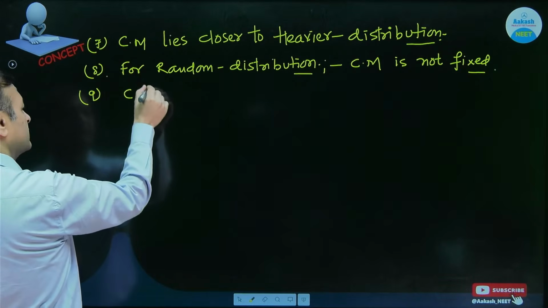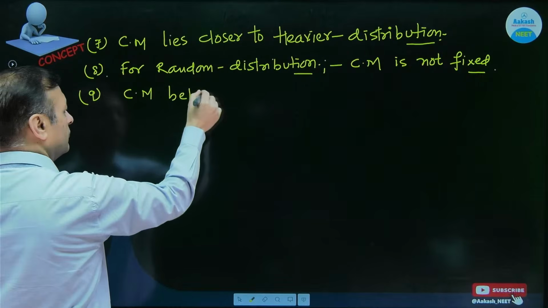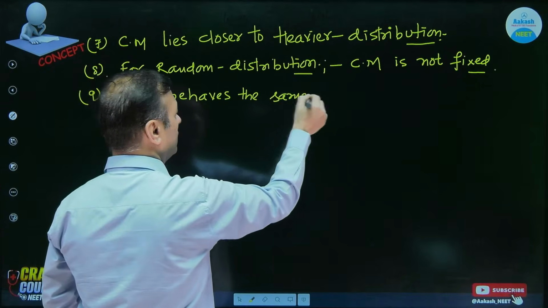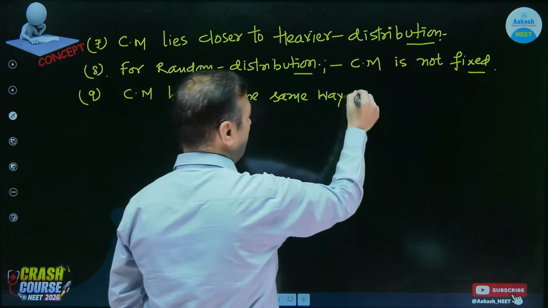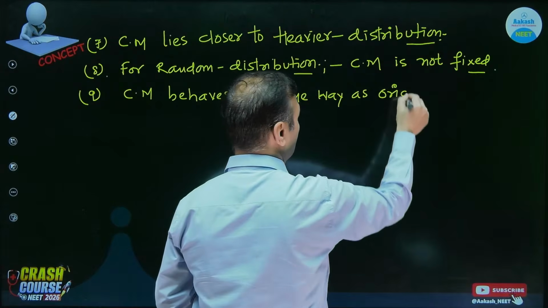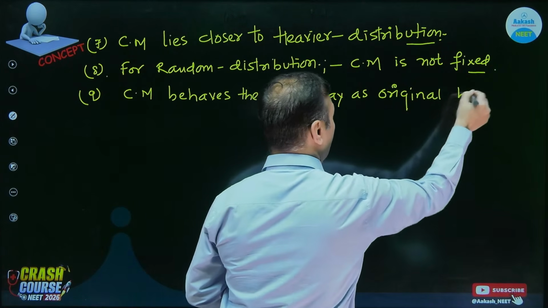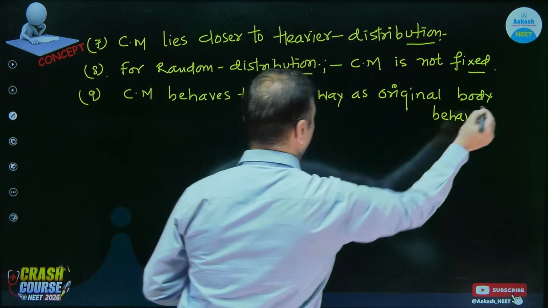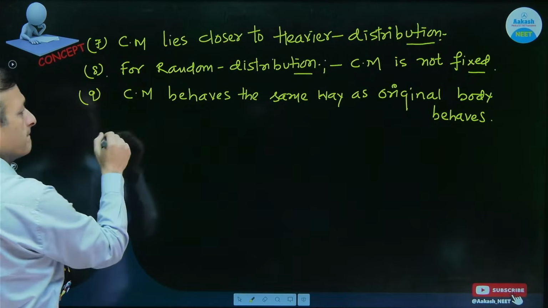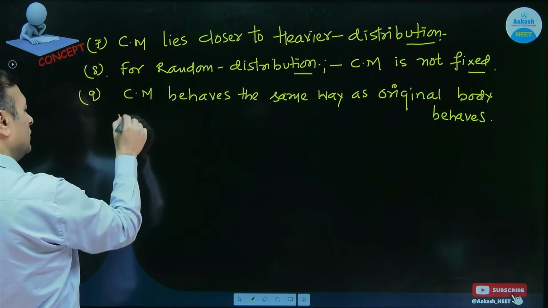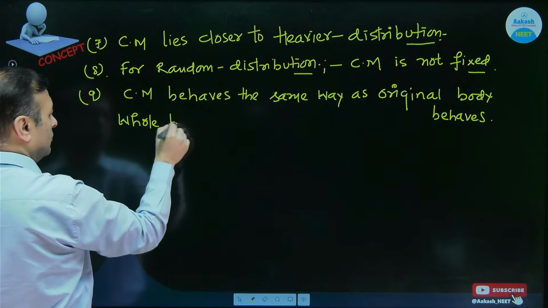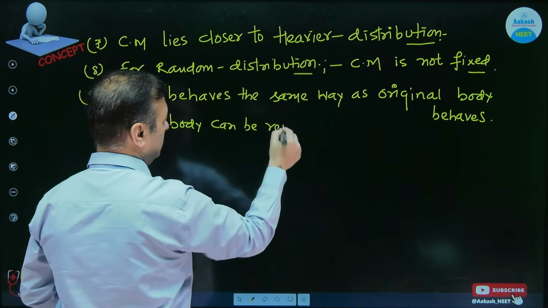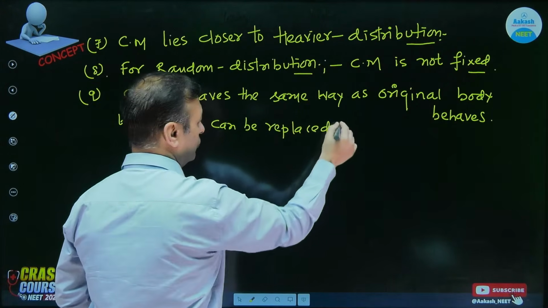Now center of mass behaves the same way as the original body or distribution behaves. It means the whole body can be replaced with